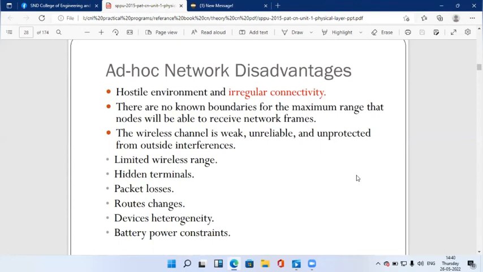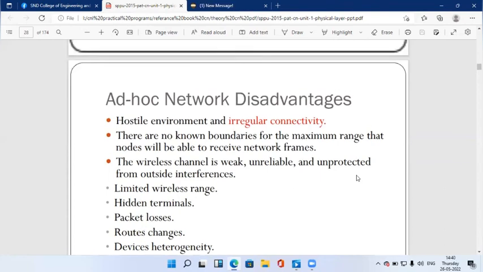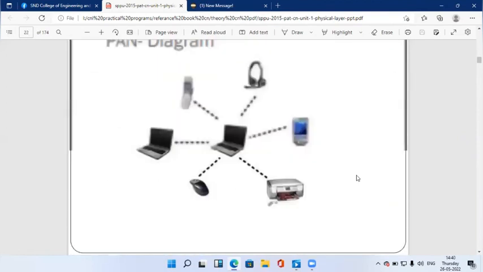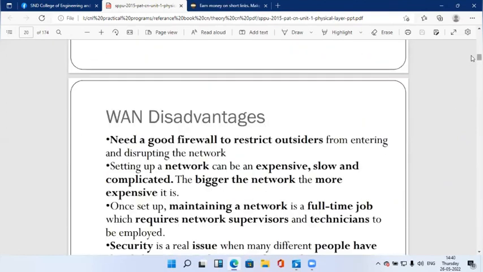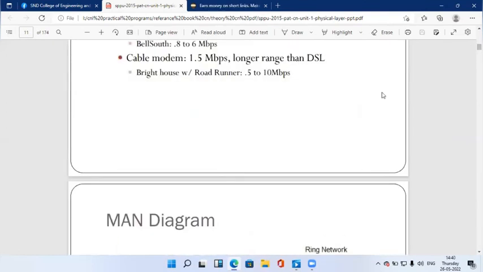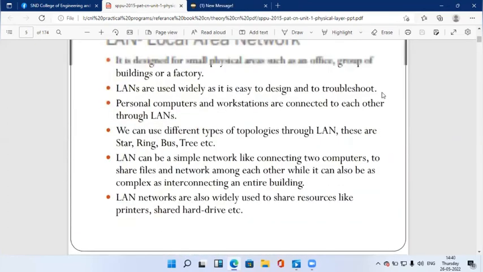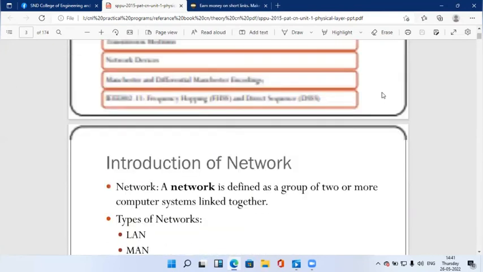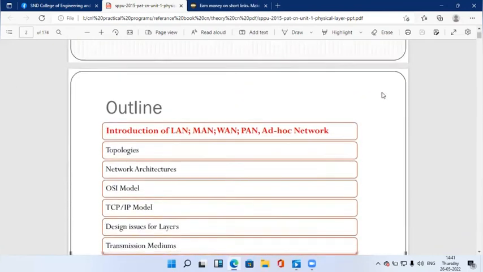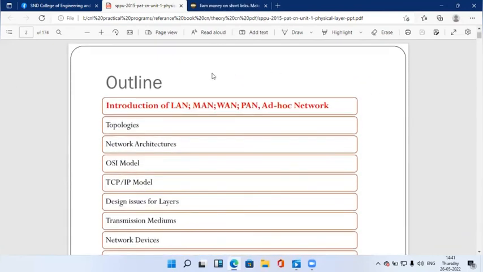So these are the topics which we have covered in today's session. In the next session we will cover different points such as topologies. In today's session we have covered all your introductory points of